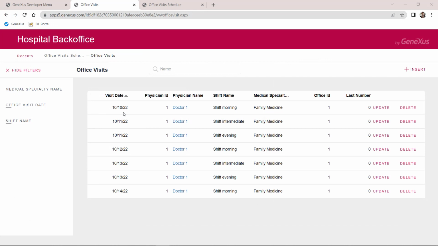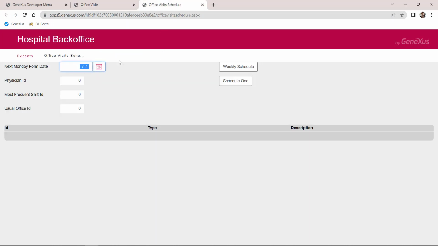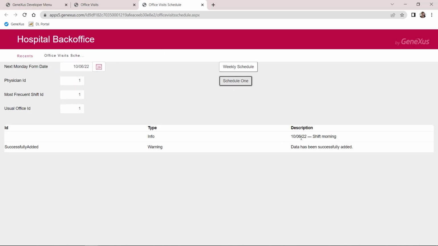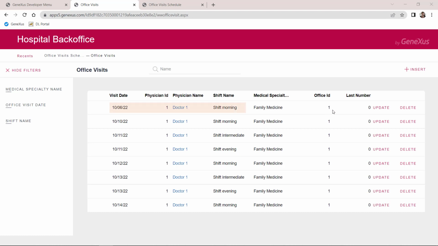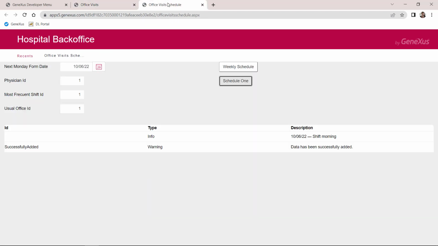Let's try it. For example, for a date prior to this one, we insert successfully. Now, suppose that in case the record exists, we would like to update it. For example, we place the same primary key, but we want to change the office. Of course, a duplicate primary key error will occur, because we tried an insert and the record already existed.